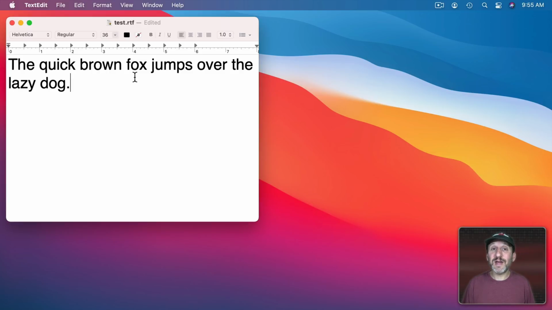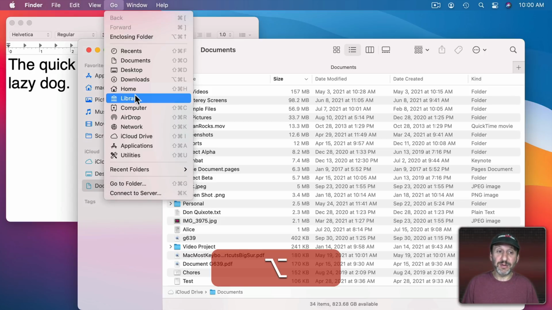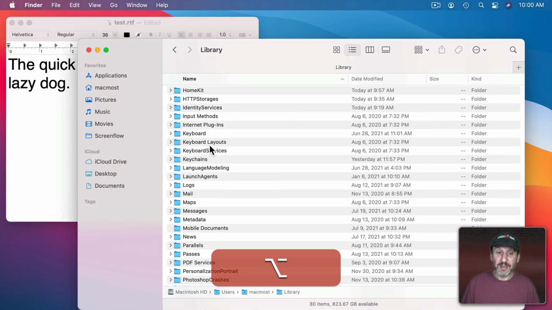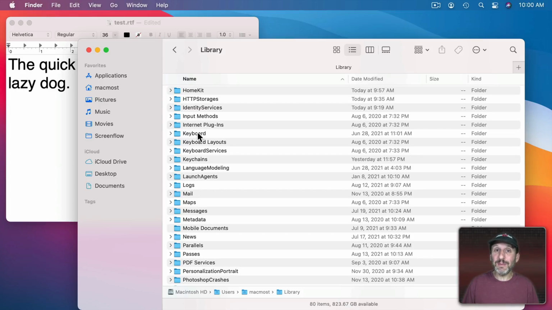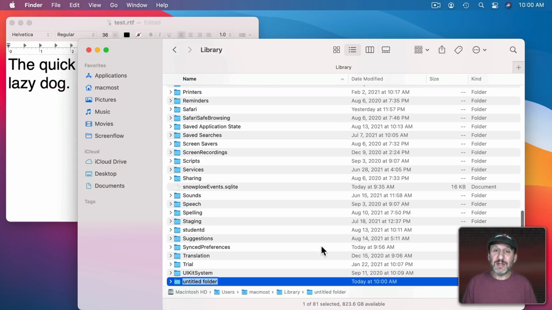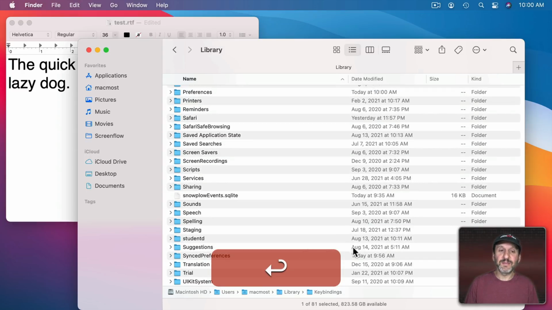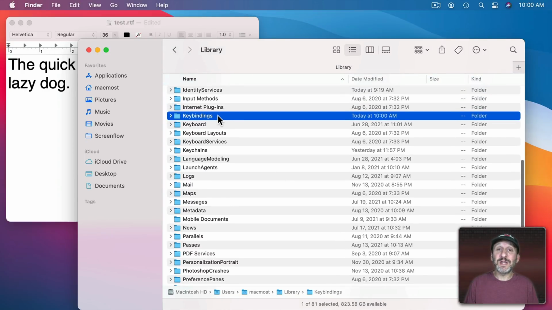So the way to create your own is you have to create a special file. To do that I need to first create a special folder in the library folder. So in the Finder here I'm going to create a new Finder window, then use Go, hold the Option key down and go to Library. Then I'm going to look for the folder called Key Bindings. Chances are you don't see it because it's not there. You need to create it yourself. So you're going to create a new folder and you need to call this folder exactly Key Bindings, like that.